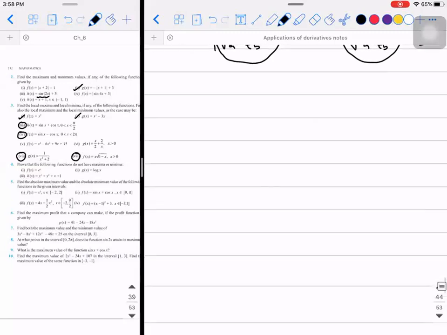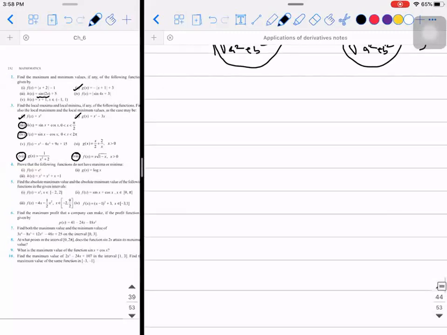See, what is the question given? f of x is equal to sin x plus cos x. So what is the value of a and b here? 1, 1, right? So I should multiply and divide with what? Root of 1 square plus 1 square. I'll multiply root 2 and divide it with root 2.